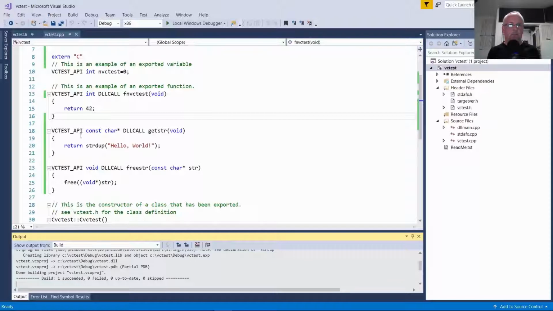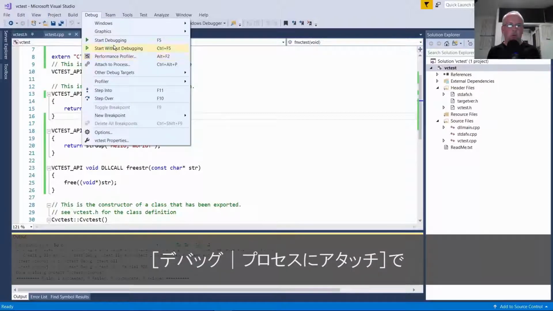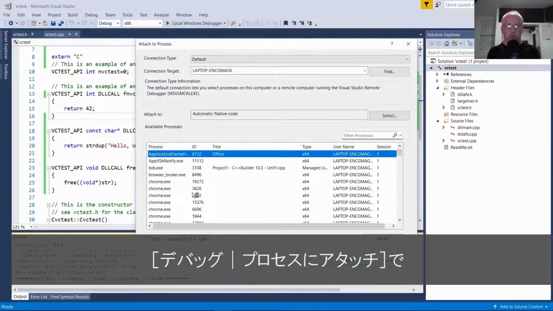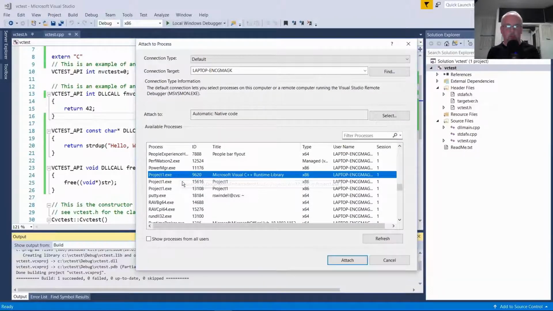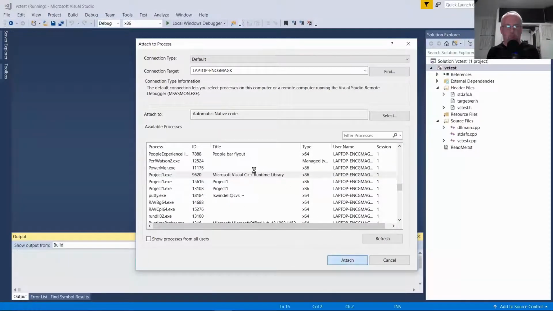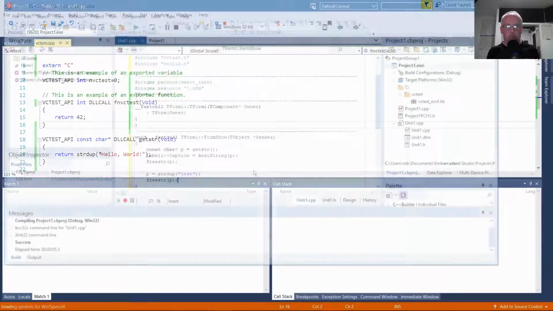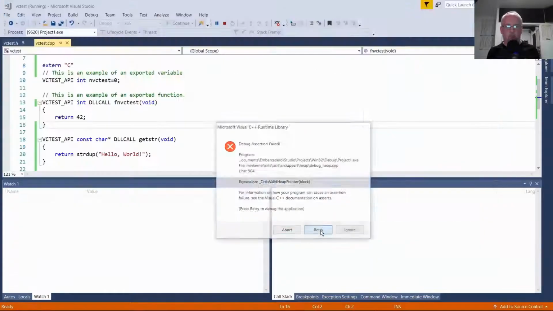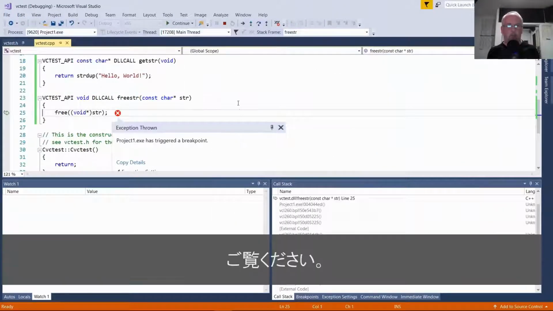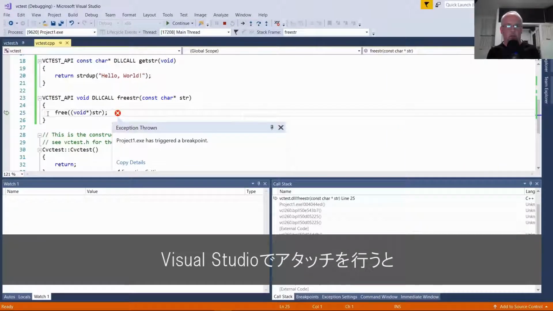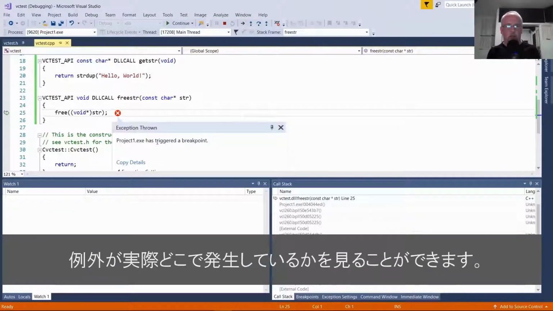So I'll say debug, attach to process, Project1. Look at that. By attaching in Visual Studio, I'm able to see where the exception is actually occurring.